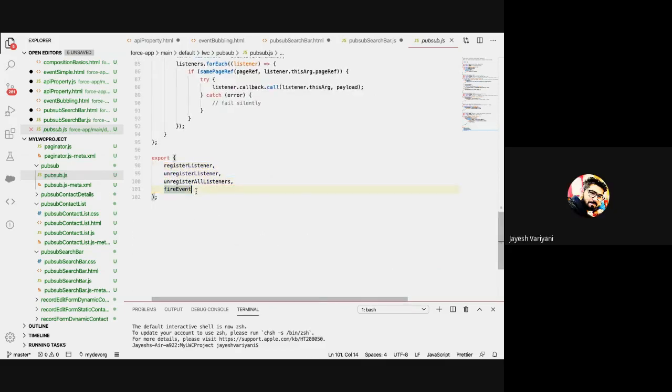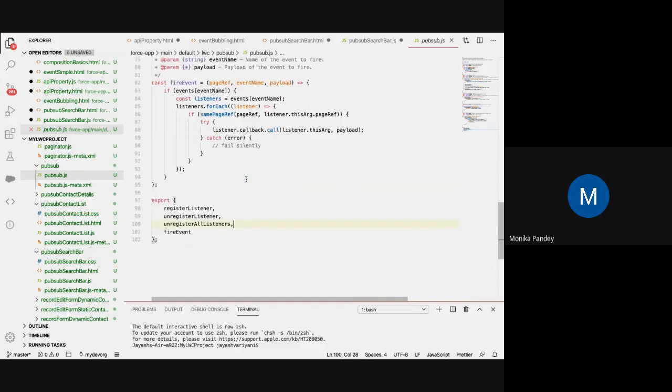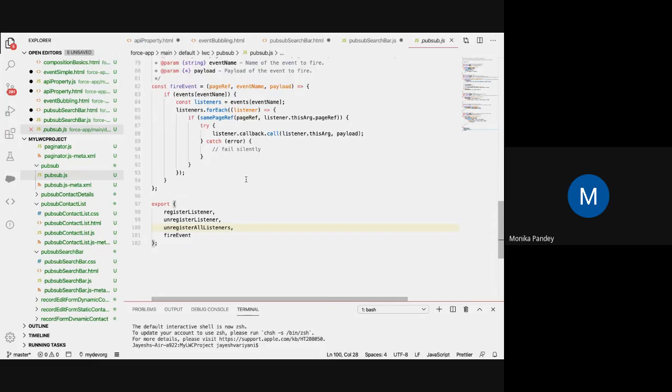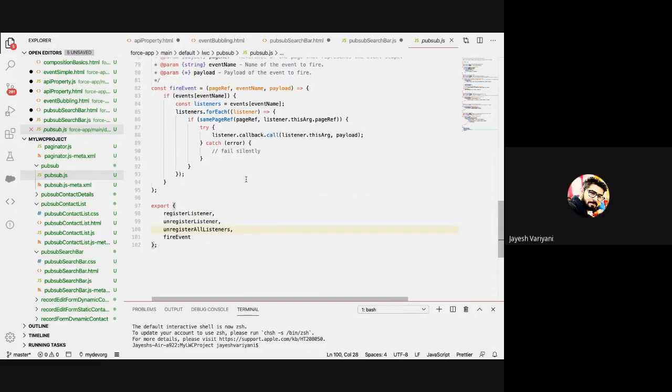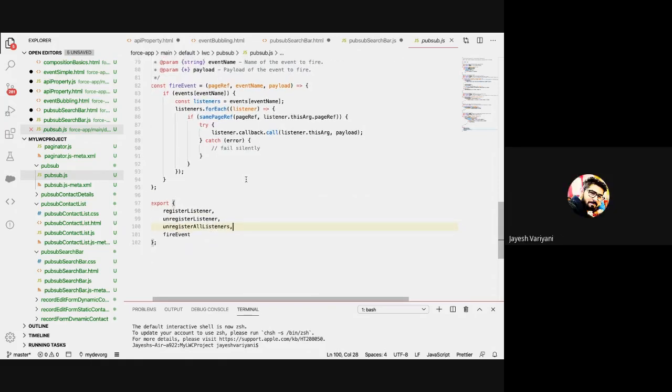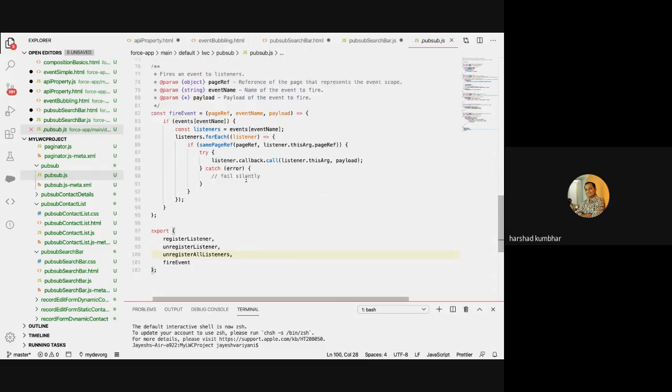Then you will have all these four methods you can utilize in your Lightning Web Component, the other Lightning Web Component. And what Harshad was explaining, Harshad, this is what you are saying, right? Just copy that code, or you can directly add that JS file from that Git folder to here. Both you can do. Both will be fine, but I would recommend to copy the file directly.